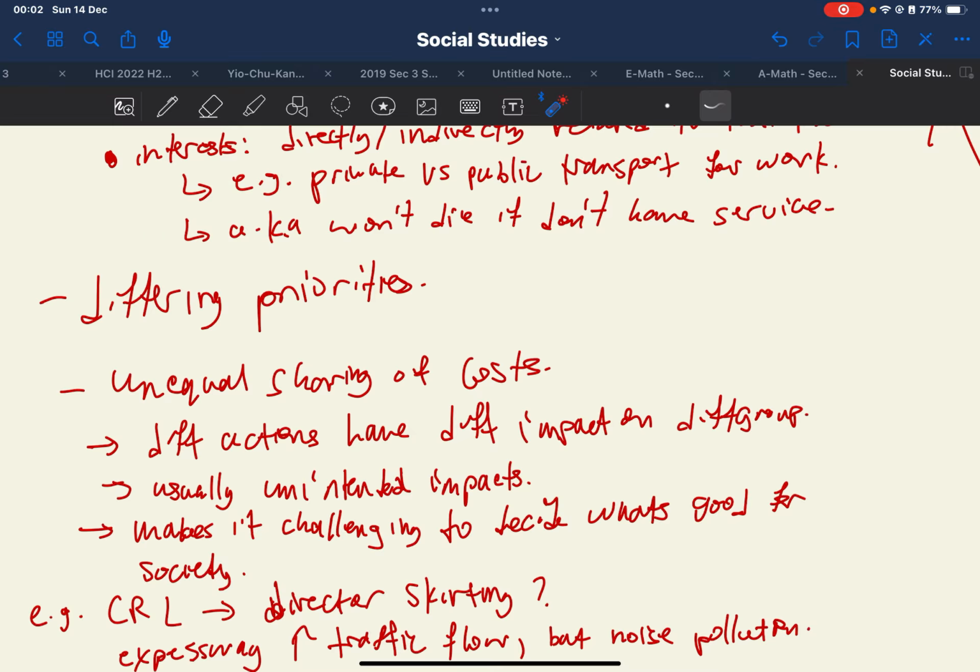So it will benefit one group, but it will also unintentionally disadvantage another group, and this is what we are studying. Okay, it's usually unintended impacts. Okay, and it makes it challenging to decide what is good for society, because one group of society says they want this, the other group says they don't want that, they want this. Okay, so it's very confusing and it's very hard to debate. That's why you have government parliamentary debates, right, to see which one is a better stand, okay, which is a